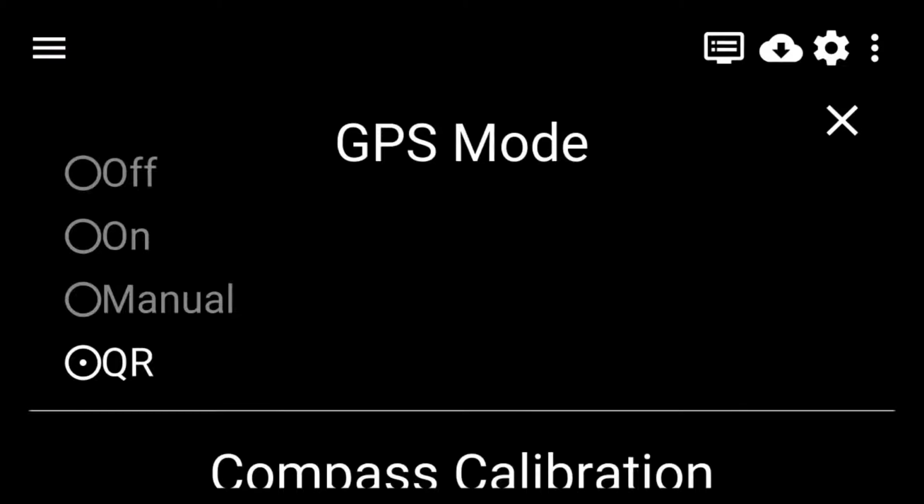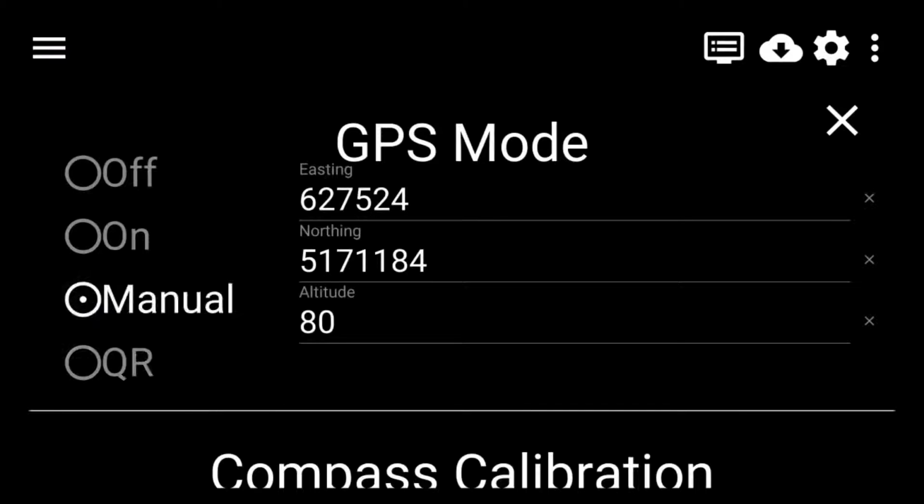If you're going to go to the same location, maybe an overlook or something like that, or anything underground, if you have a survey station, you can use it. You can put a QR code placard there, and every time you go to that spot, you just scan the QR code, and it's going to position you. Anything you scan from the QR code goes into the manual settings. So if you do want to adjust anything from the QR code, you can go back into the manual settings and adjust your position from there.